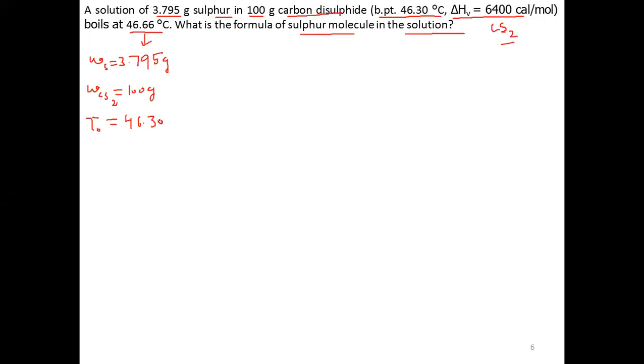Why we need to convert it to Kelvin? We will see later. If we convert it into Kelvin, that means 46.30 plus 273 Kelvin. So if we add 273, what will be its value? 319.3. So it is 319.3 Kelvin. Okay, what else is given? Delta HV. So we will write later, but first we will write boiling point of solution. Ts is equal to